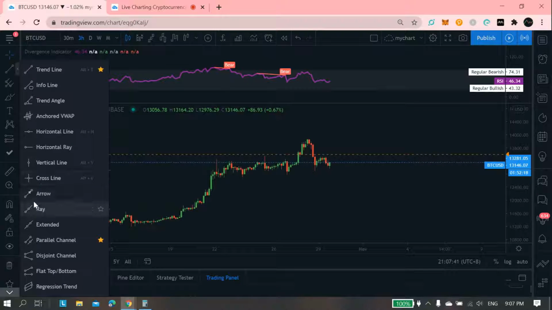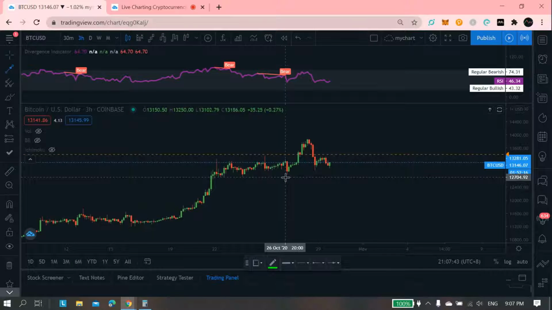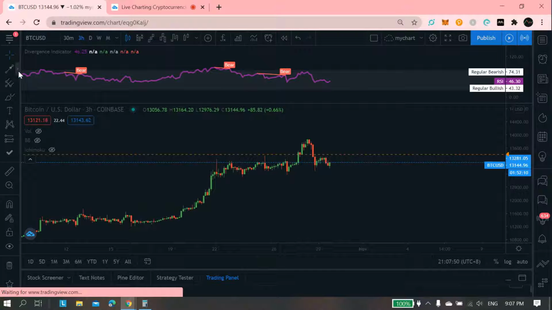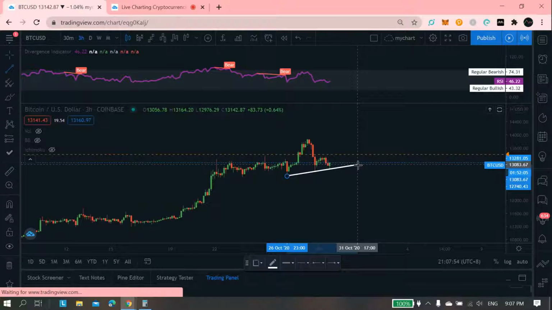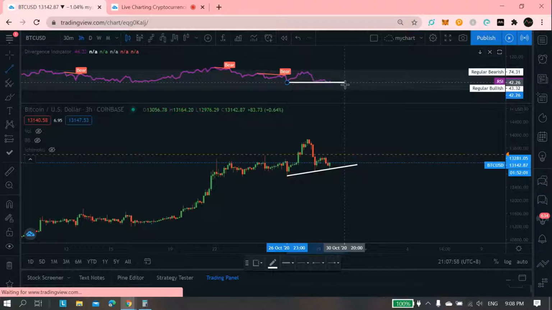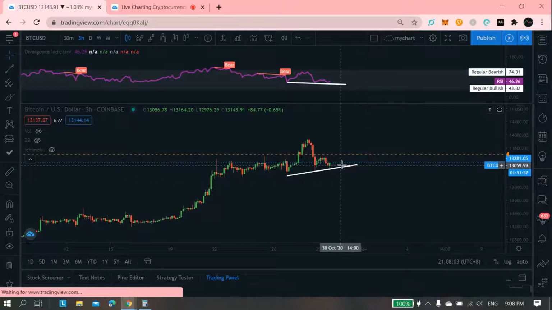I saw a bullish divergence. That's actually price going up while the indicator is going down. So a while ago, I entered a long trade at